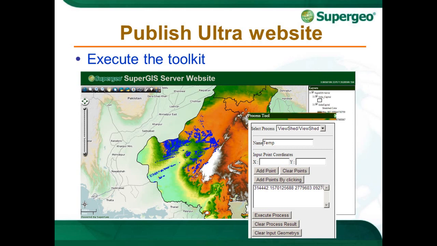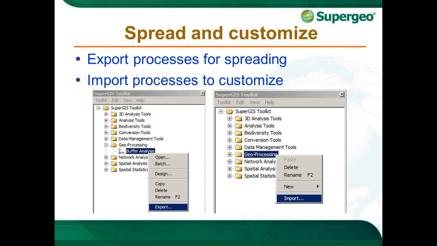So this is the result of your viewshed analysis. And for the final part, we're going to talk about how to spread and customize your GeoProcess. After you finish designing your GeoProcess, like a buffer or a viewshed or a network analysis or something else, you can simply export the process for sharing. With the SuperGIS toolkit, you can find there's an option with the GeoProcess. You can export the file,